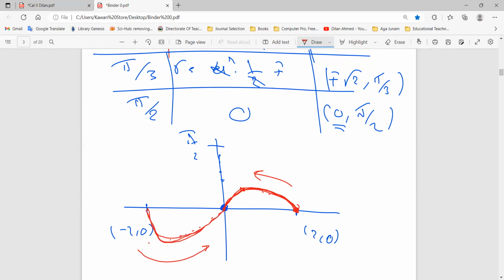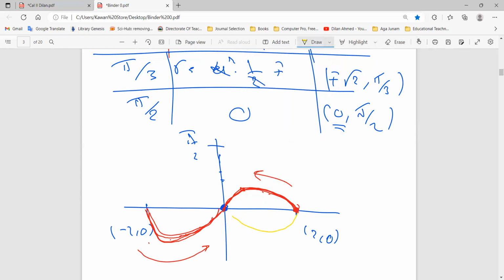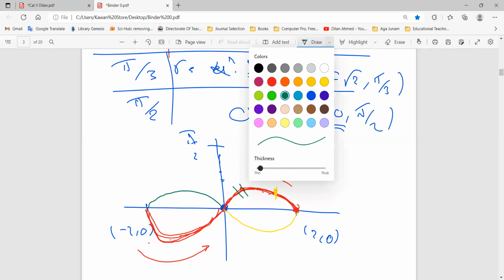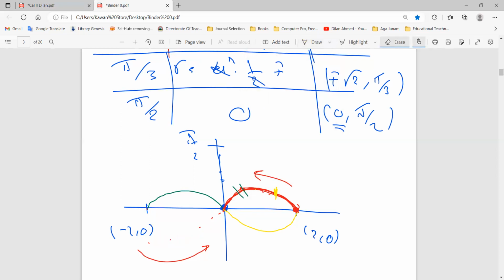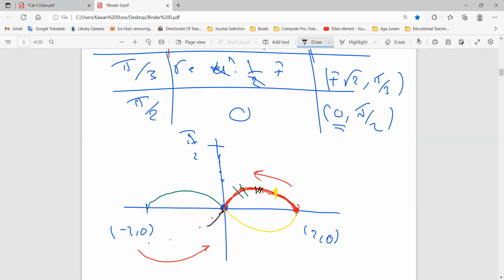Because of symmetry about the x-axis, I have that one. And because of the symmetry about the y-axis, I have that one. And even if you didn't think about that part, you can say because of symmetry about the origin, which color? Red. Because of symmetry about the origin,